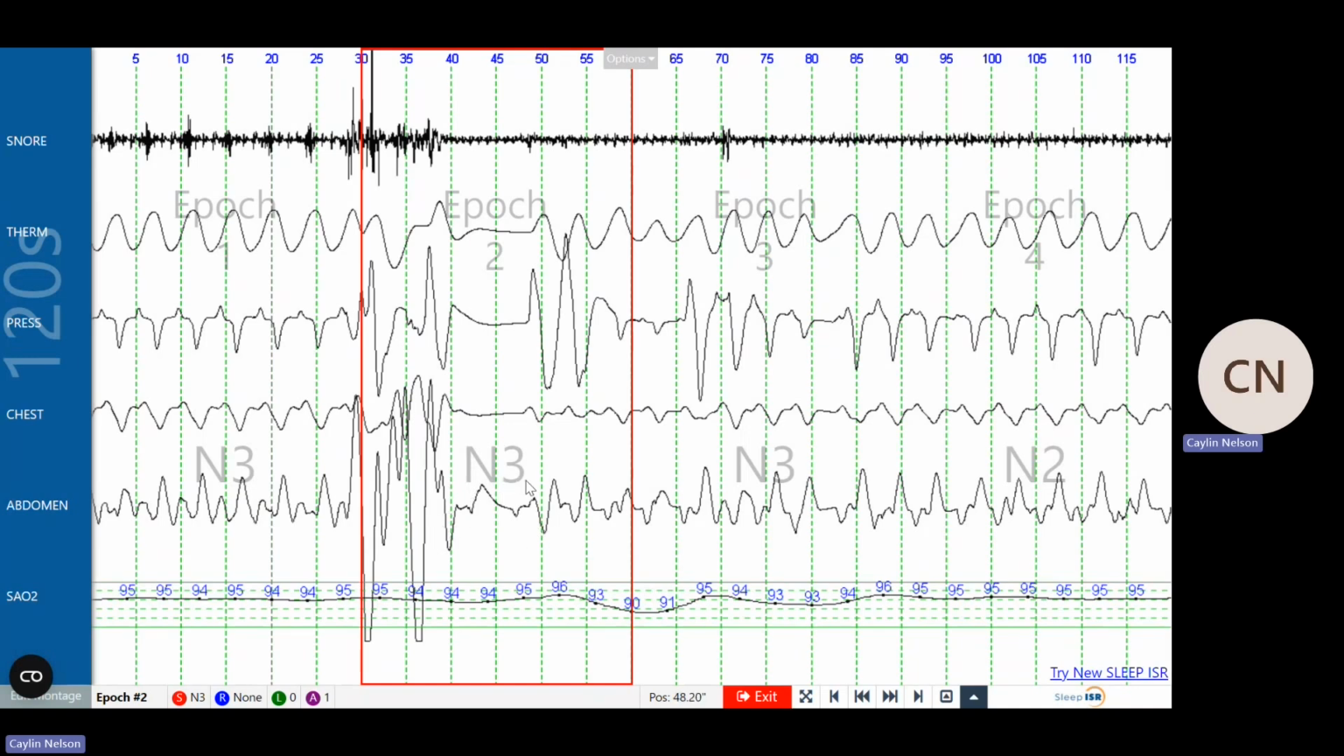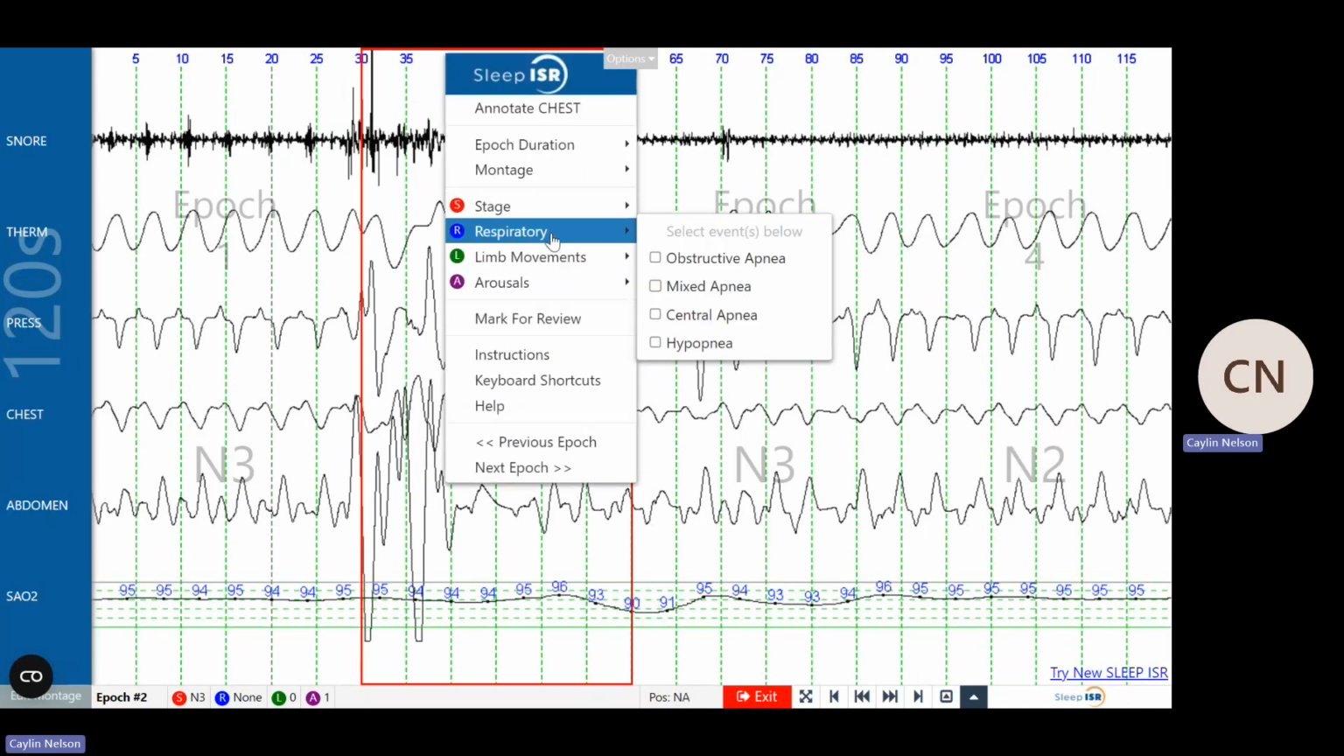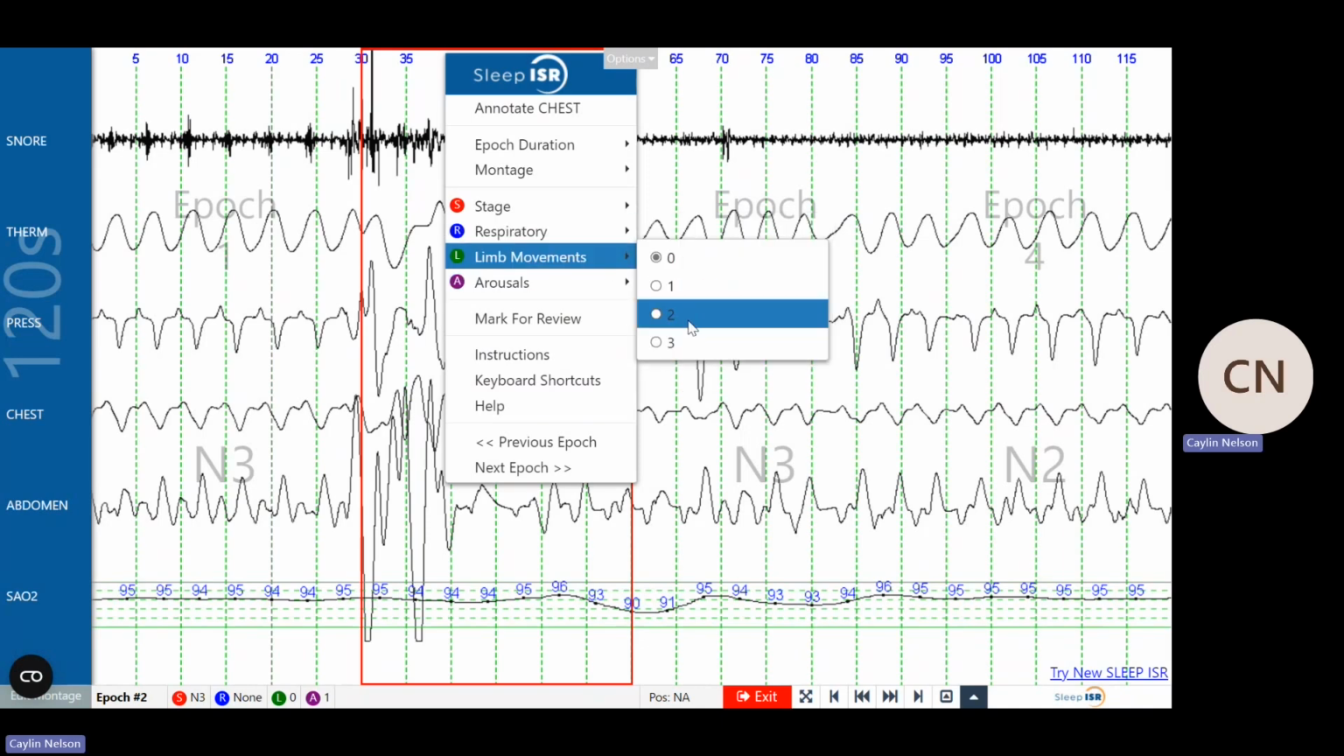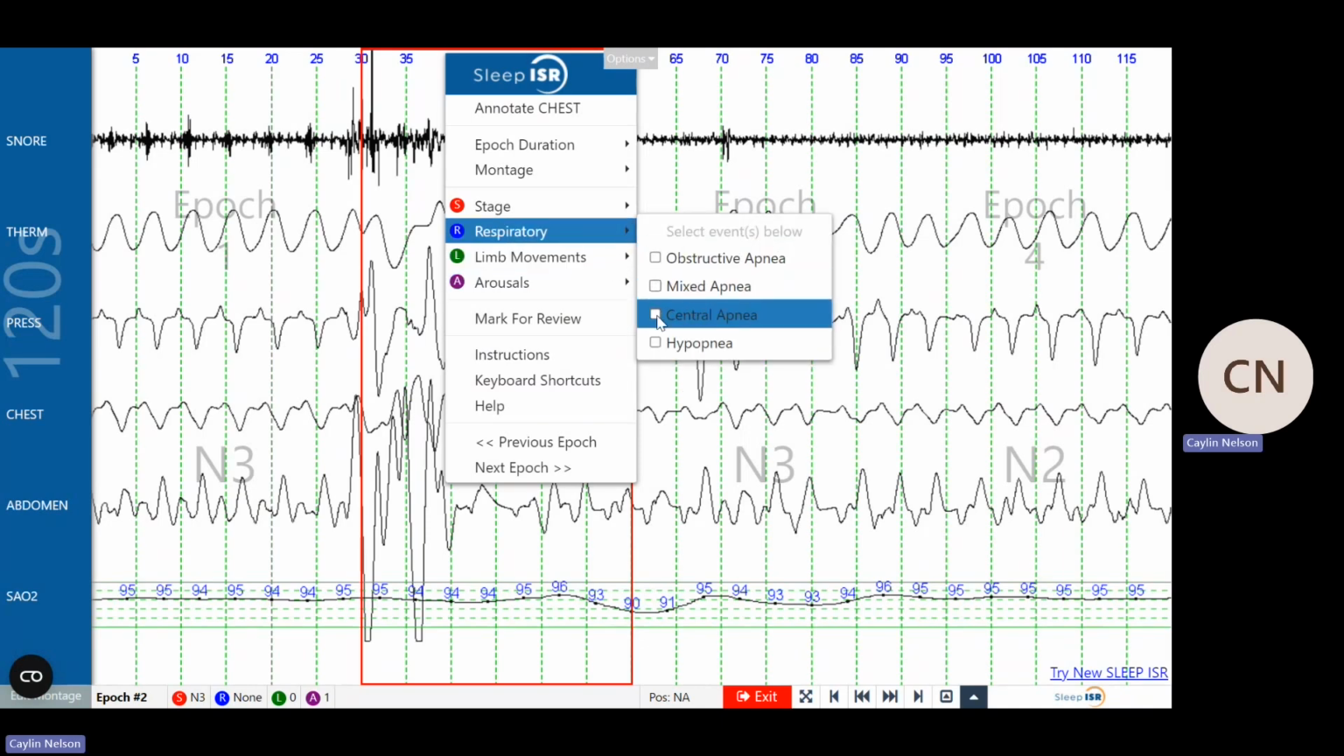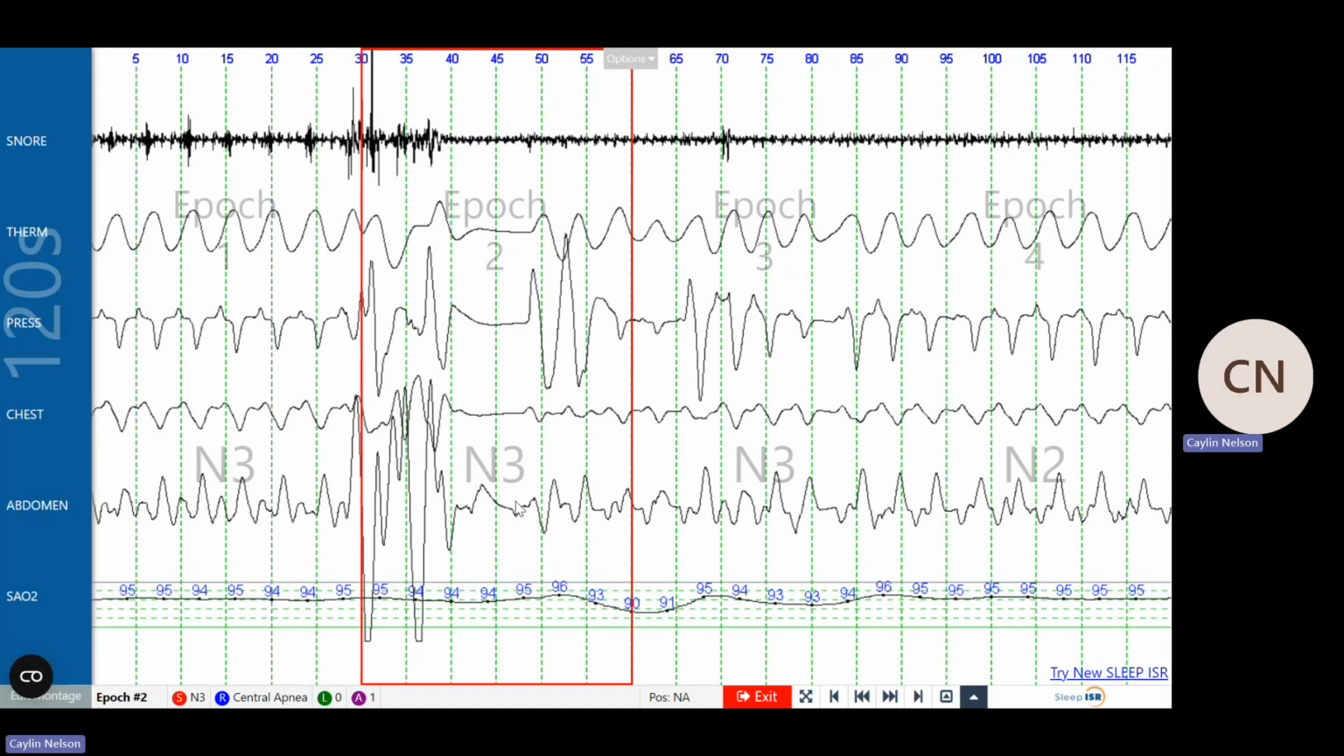So after that central apnea that we had there, that contributed to the 6% decrease, and then you have those strong breaths that happen immediately after, contributing to its immediate increase after the patient regulates their breathing after that pause. So I'm going to add in that central apnea, right clicking and going under respiratory,